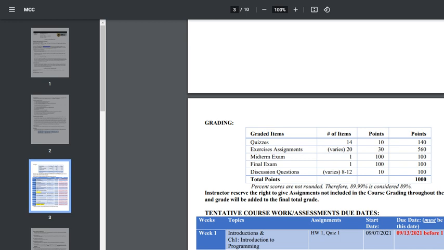Same thing with the assignments. How many programming assignments do I give you? Do I give you 1 per week? Do I give you 4 per week? It depends on the course itself. And do you need to have multiple exercises that you need to work on, as each one will cover something specific? It all depends on a week-to-week basis. But anything that was assigned during the semester, you'll be graded on, and that will be in Canvas.